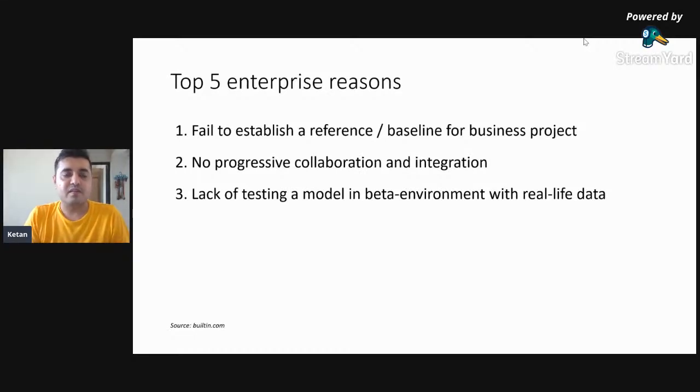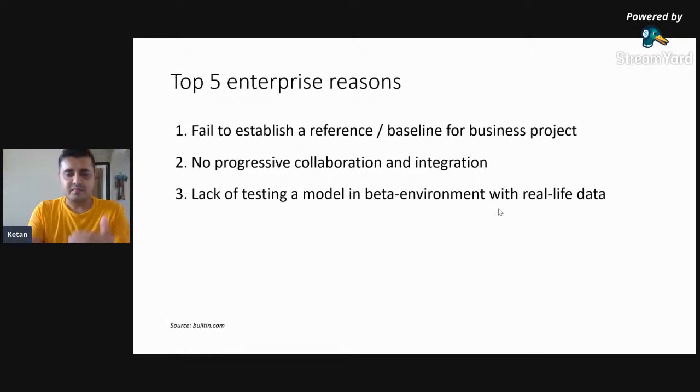This is a prime reason why people do not deploy it. There are a lot of things that they do not consider while developing a model. So the beta environment is very crucial. In every organization, they have a beta environment, and it's a very simple thing. It's just a replica of your production, used for testing. We have the beta environment to test all the things. Once the beta environment is done properly, we then proceed with the production environment. So we have a dev environment, a beta environment, and a production environment. There are three levels in which we can actually go and test. And every time we do that, the model tries to fail in the beta environment because the real life data is not